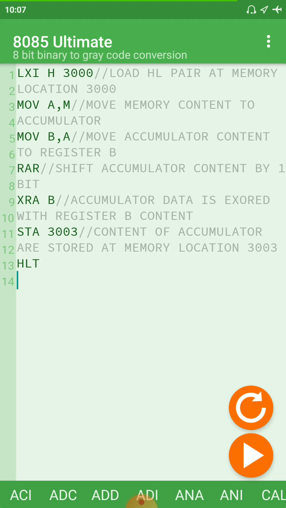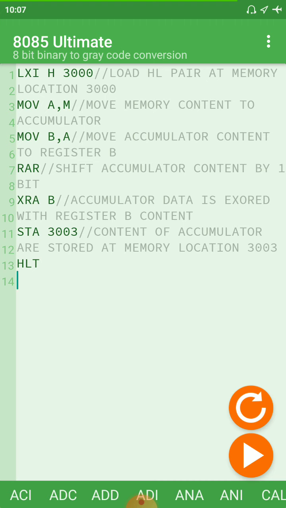Okay, and after that we will XOR the accumulator content, which is achieved by shifting the accumulator content by 1 in the previous instruction, with your initial number, that is stored in your register B.